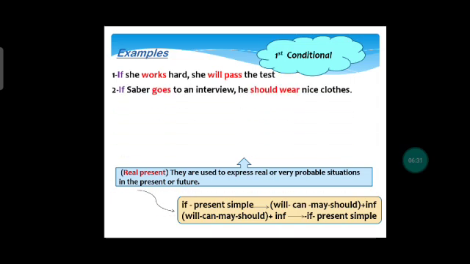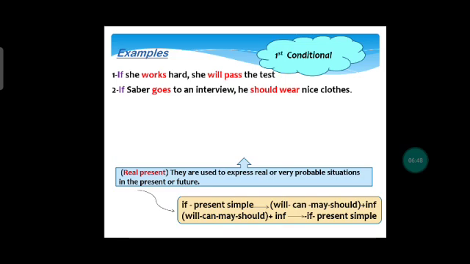If Saber goes to an interview, he should wear nice clothes. Stop the video and listen to me correctly. Pay attention to this. We have in the first conditional, the if clause,